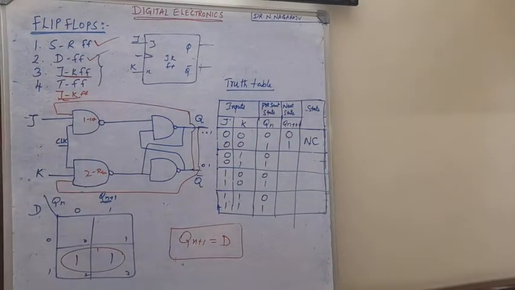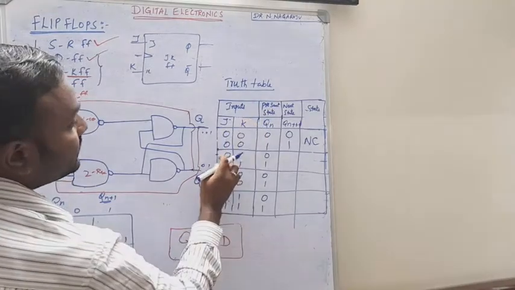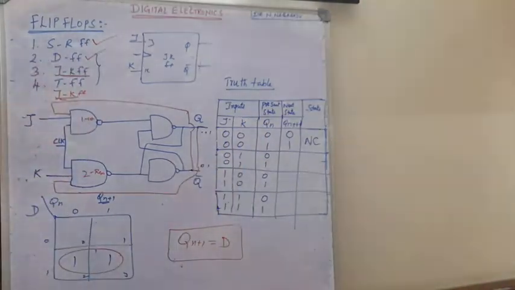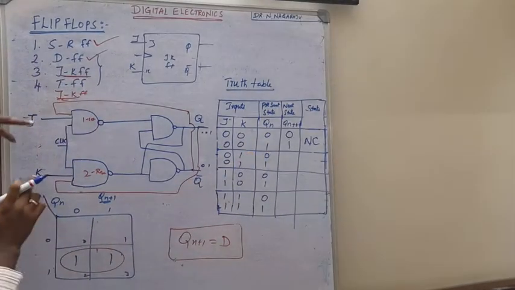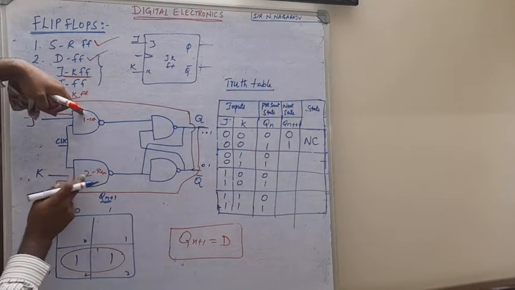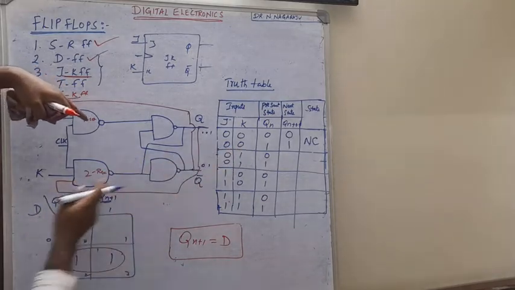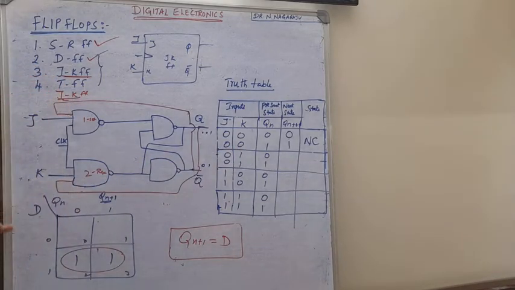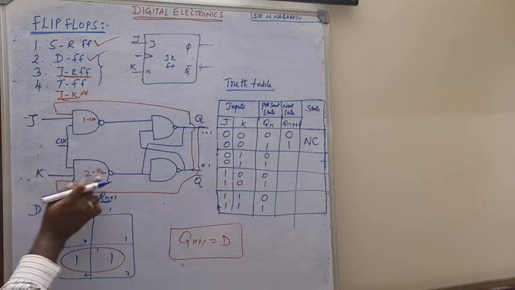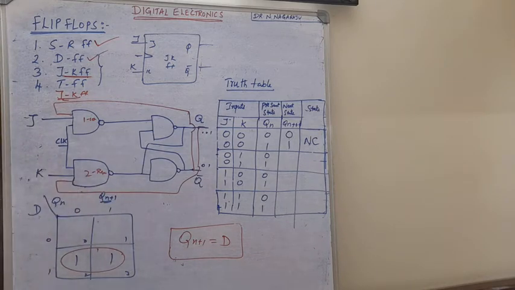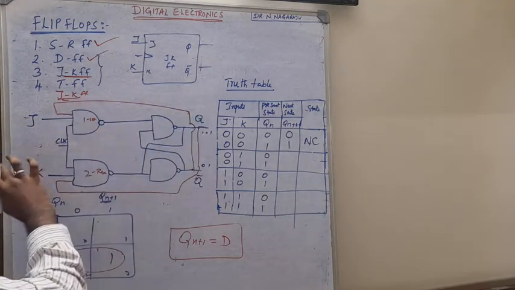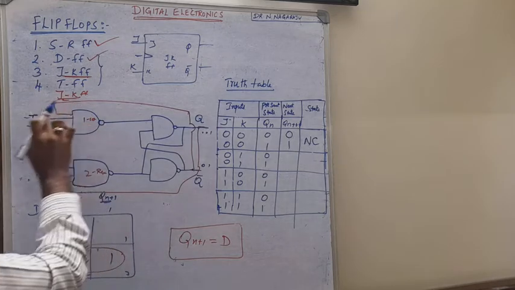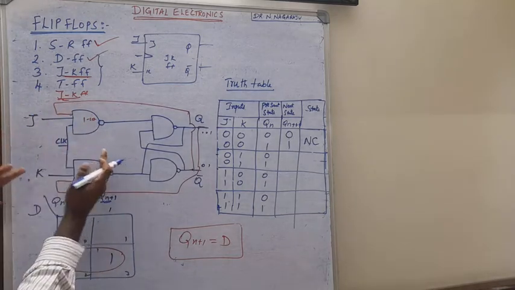Okay. Next, when J K is 0 1, what will happen? Here K is 1. What I told is that the set gate is there and K is connected to the reset gate. So now the whole circuit must react to reset state only, because it is connected to the reset gate. Just imagine the SR flip flop. Okay, so this section is the S flip flop and R flip flop, where S is connected to J and R is connected to K.